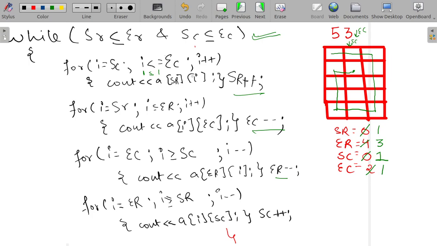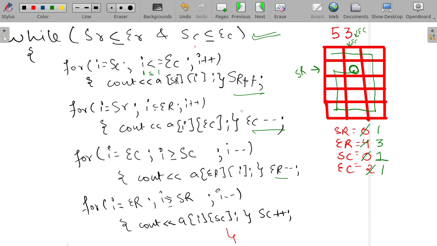And the value of start row is fixed. Start row is pointing to 1, so start row is pointing here. So keeping the value of start row fixed, it will print from start column till end column, which means this element will be printed, which we needed to print.